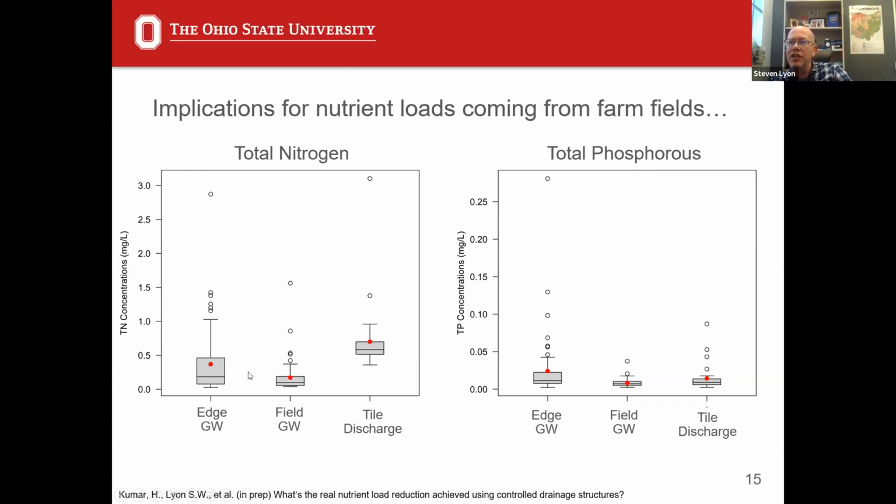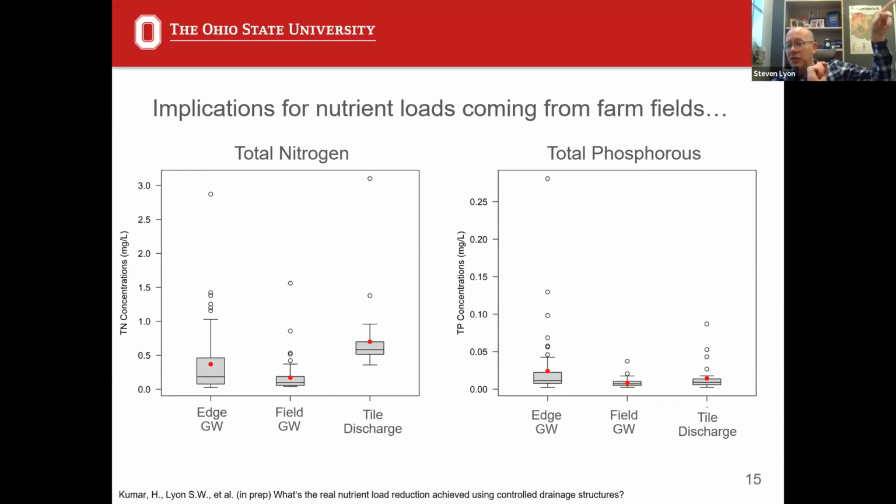This differentiation is much more pronounced for nitrogen relative to something like phosphorus. For phosphorus, we see it as well, but it's a little bit more in the weeds, or more mixed up with the flows. This is consistent with some of the other research that's been done on these types of systems, because nitrogen tends to show a stronger, clearer response relative to phosphorus, which is a little bit more variable by setting and location.